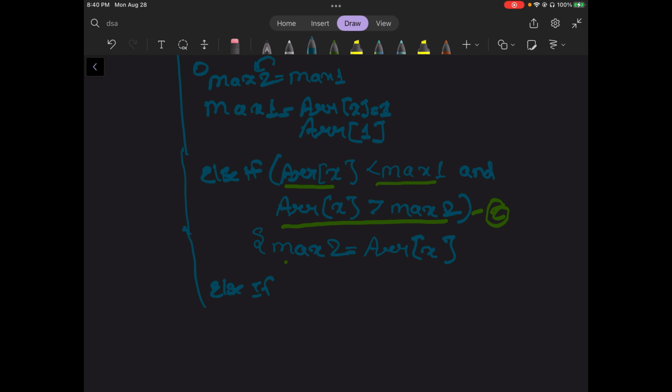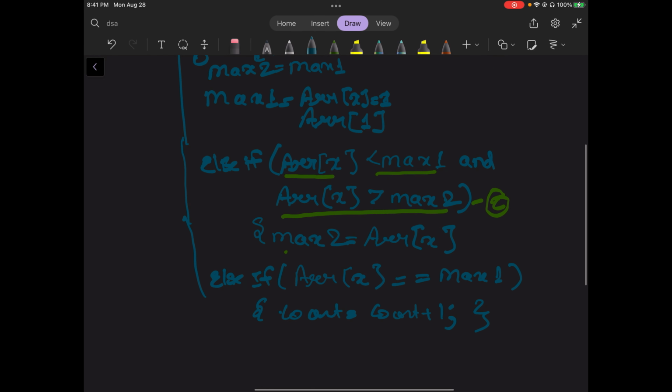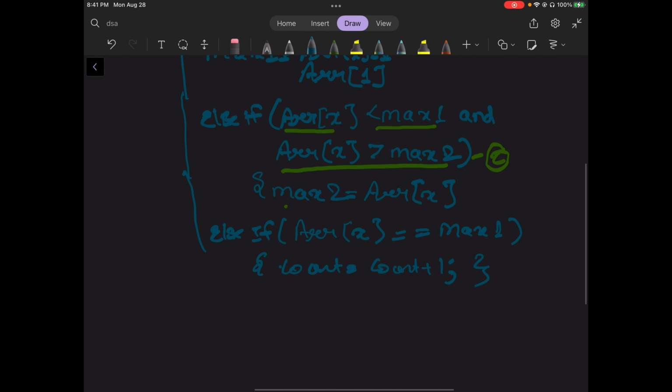Else if array of x equal to max of 1. What if both are same? Here we will be using a counter equal to count plus 1, or you can use count plus plus, whatever you want. Count plus plus. So once this is over, we will be having the max 2 element in a max 2